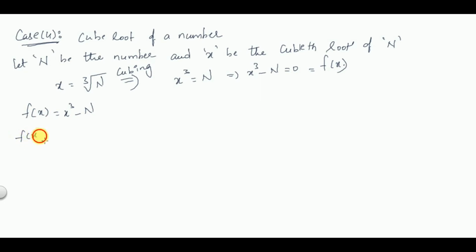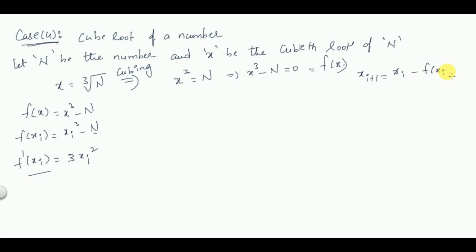Similarly, f of xi is xi cubed minus n. So f dash of xi is d by dx of this. So d by dx of x cubed is 3x squared. So 3xi squared is the differentiation, and differentiation of n, which is a constant, is 0. So this is your f dash of xi, and we have the iteration formula by Newton Raphson method as xi